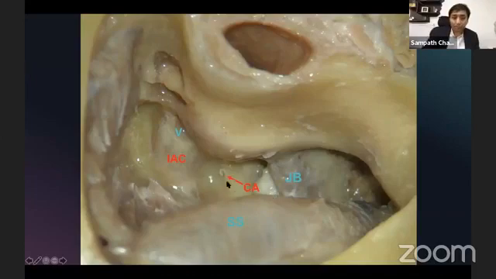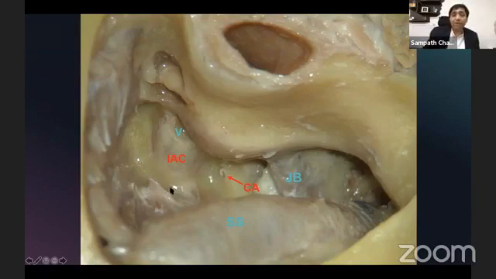That is why when you drill in this area, you will see this duct which you have to open, and immediately CSF will come out. When CSF comes, the middle fossa dura and posterior fossa dura all fall back. There will be relaxation, and you'll actually get this nice space to do your instrumentation.